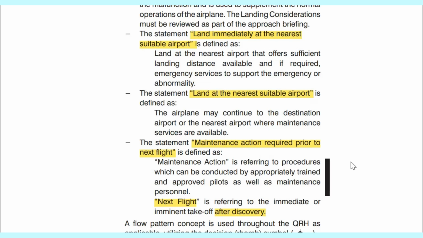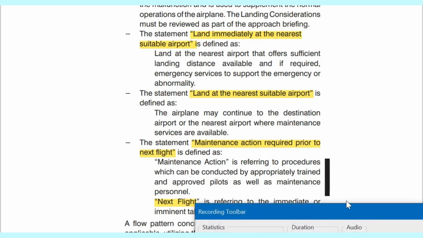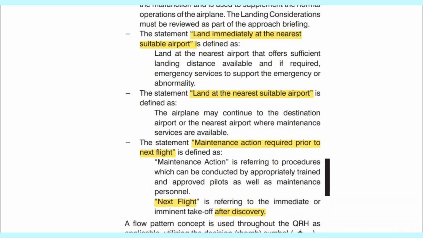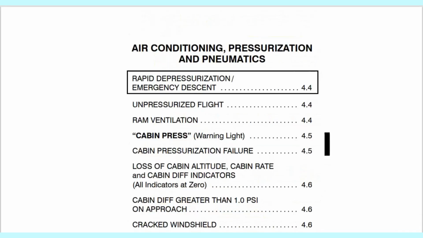Okay, so here's the air conditioning section of the QRH that we want to go through. Any items which are boxed like these, you guys who are mostly in any aircraft, I think, items which are boxed are known as memory items. So these items in here, whenever they are there, you've got to commit them to memory. So we have to understand that.